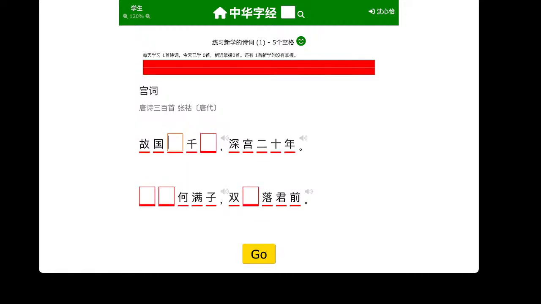Fill in 5 blanks. Oh no, it doesn't read to me anymore because I'm supposed to know what it says. Is that what it is? Yeah. What was it, Santian? I really don't remember. Tell him to say it again. Oh, it will read it to me if I click. 故国3000里。 Okay, I see. Yeah, this stepwise project does kind of make sense.